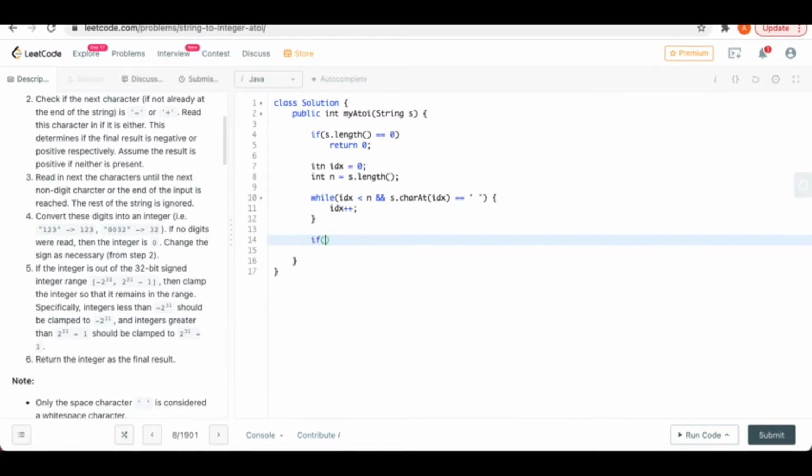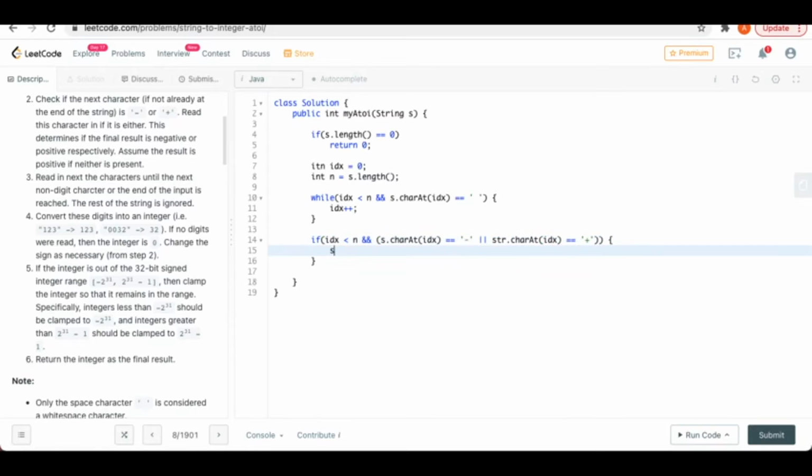And otherwise, what we will do is, if index is less than n and string dot charAt index equals the negative sign, because we need to handle a negative or positive sign, or let's say equal to positive.